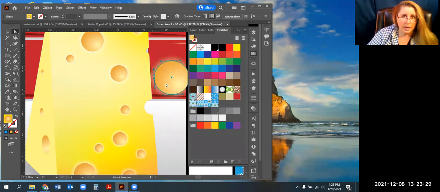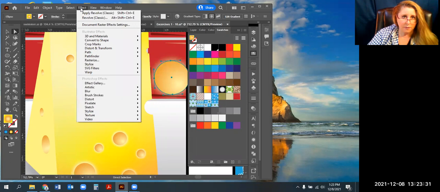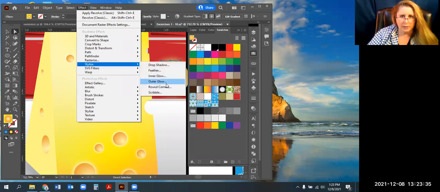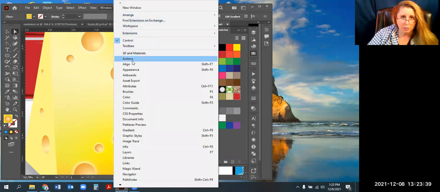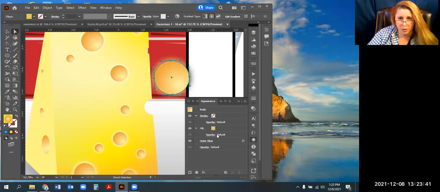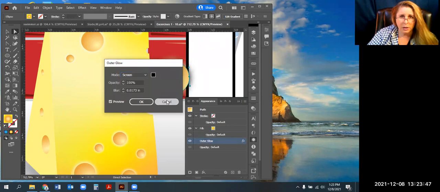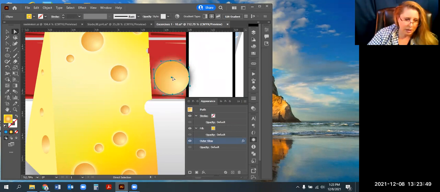And it also has an outer glow on it. So if you go to your effects and you go to stylize, it's got a slight outer glow. I can even go to appearances and show you what's going on here. So you guys should be able to master those. And here's my outer glow. So if I double click on it, numbers, but those have outer glows